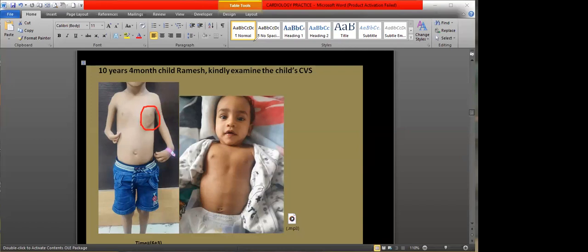Now they will ask a few questions about the investigation and management, including the DDs of murmur in this particular area. So what may be the DDs of murmur? Can anybody suggest what are the DDs in this particular area? That may be pulmonary stenosis. Yeah, right. Other is sometimes outlet VSDs are also heard over that area.